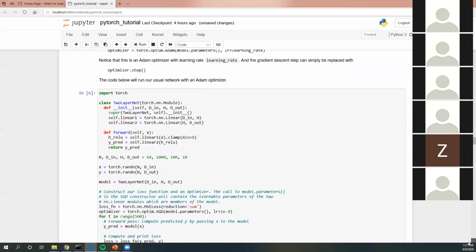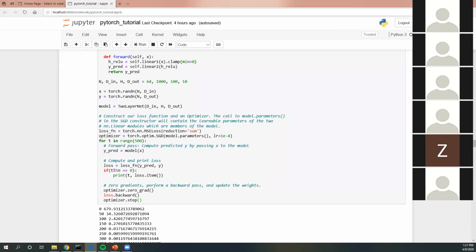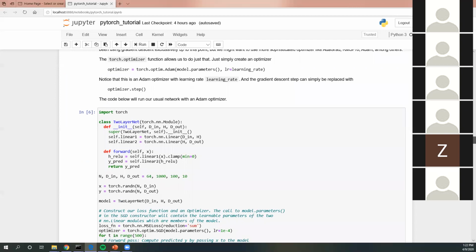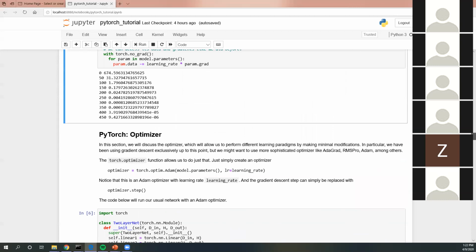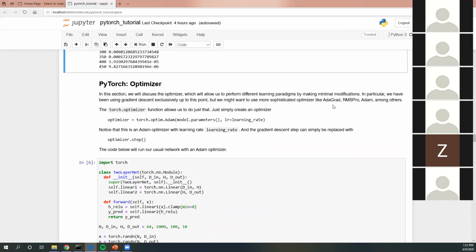So thus far, we have explicitly told the network to do a backward step. We have gone through all the parameters and told it, okay, do this, do this, do this other thing. But this is not necessarily the case, especially when you have more complicated training methods. We've been doing gradient descent thus far, but there are other training schemes like AdaGrad, RMSProp, and Adam. So PyTorch offers this optimizer class